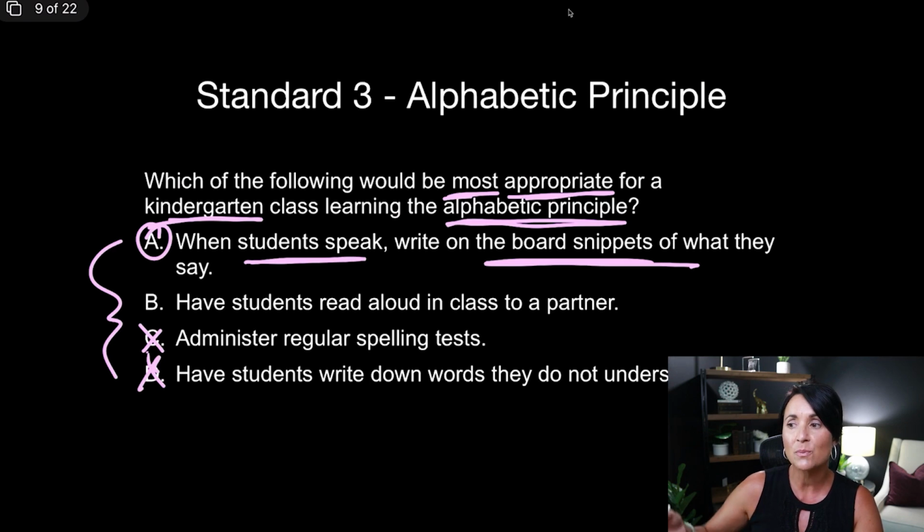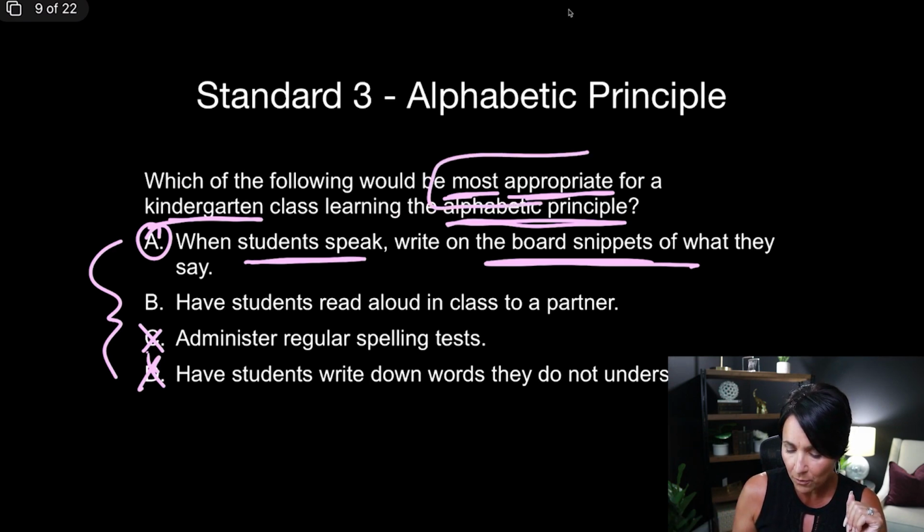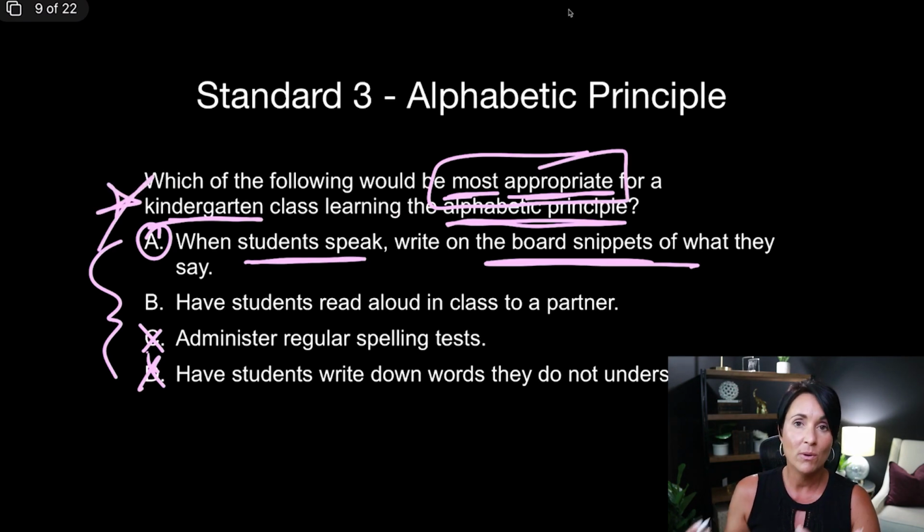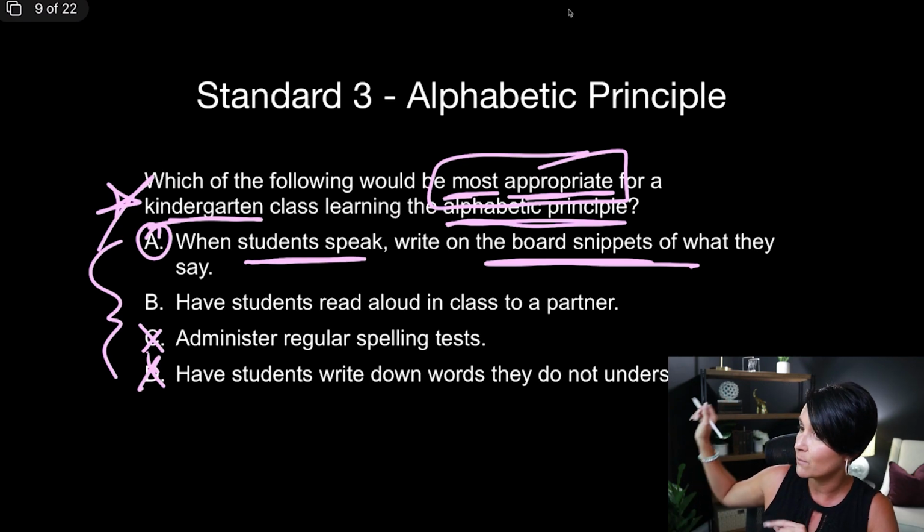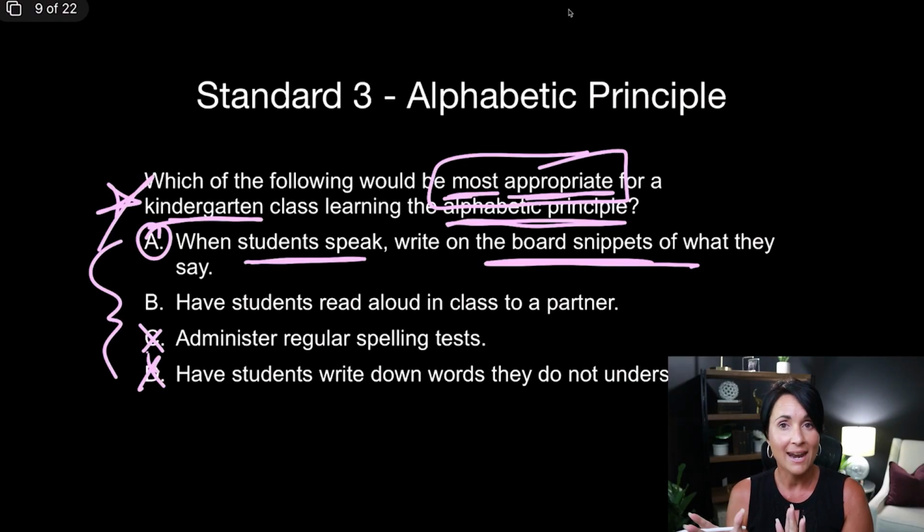Is the alphabetic principle embedded in there? Yeah, sure. But we're looking for the most appropriate activity for a kindergarten class. And what we would be doing is having students speak in class, writing snippets and probably saying, see, when you speak and I write a snippet on the board, do you see how these letters represent what you're saying in class? And that's how we start to develop the alphabetic principle in our youngsters and our students. So that is standard 3,